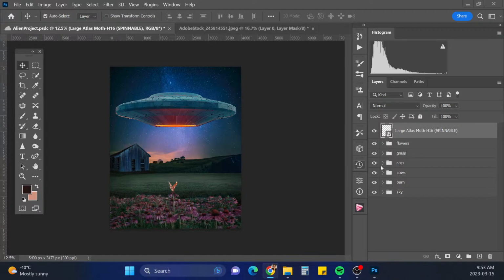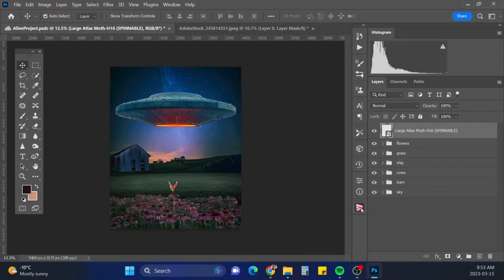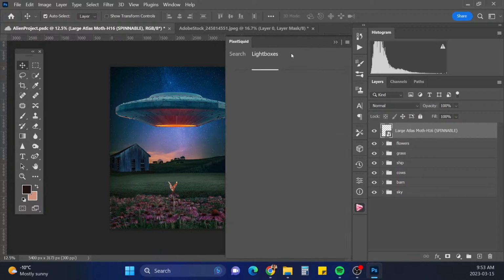So let's add in some more butterflies. Really liking how this one's turning out, actually. It's super cute. Okay, add a new object.